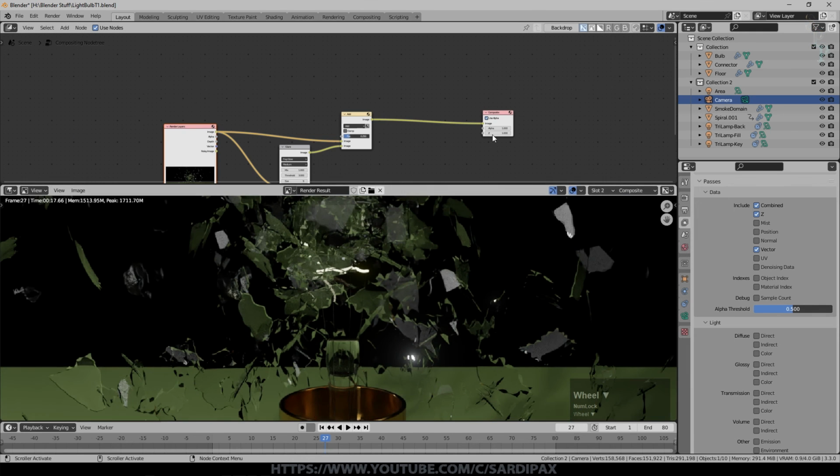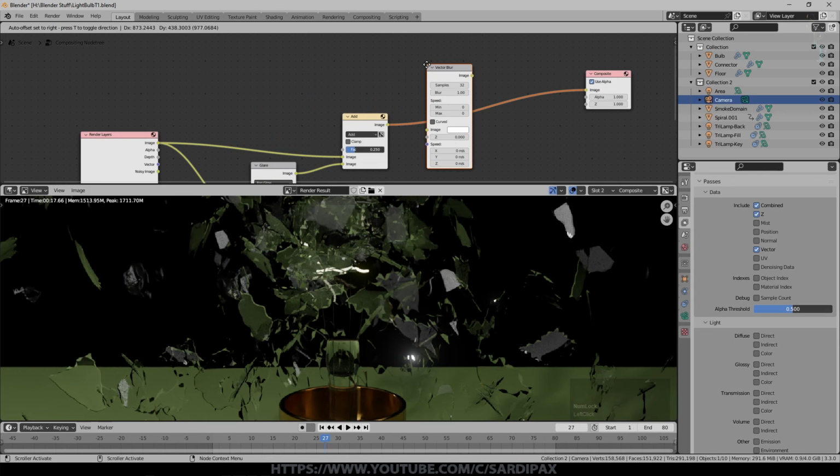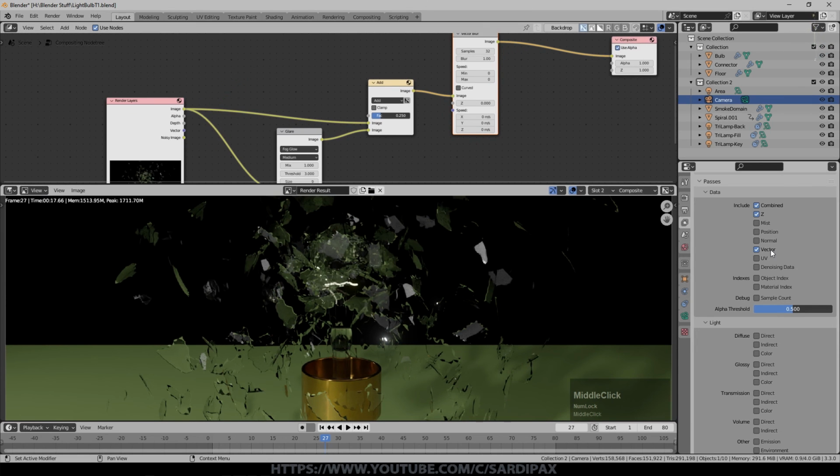So that's my initial scene, and now I want to add some vector blur. So go to add, under filter, select vector blur, and we'll drop that in there. You can see it's now having a think down here. In order to make this work properly, we will need to add some more parameters in. You can see it's finished processing and it's really done nothing to the scene. And that's why I turned on vector here.